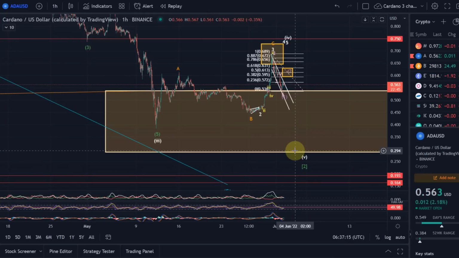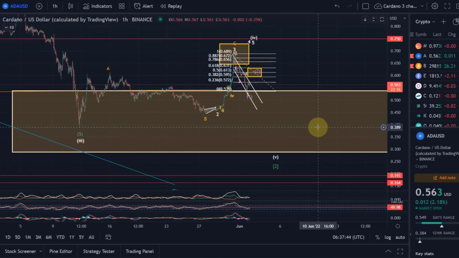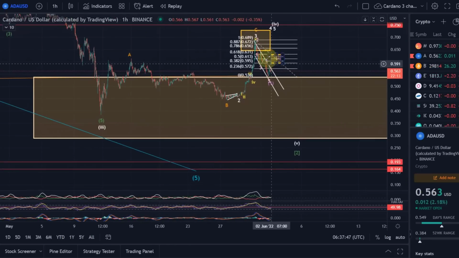And my overall target for ADA, did I say Solana? No, my overall target for ADA would be in the low 30s here. This is how I see it. Maybe all the way down to 22 cents. But as I said before, as we moved up higher now in the wave 4 as originally anticipated, probably the eventual target here for the last leg down will also be a little bit higher. Now, okay, the wave 1 came down quite a lot, so we need to see. We need a bit more data. But this is currently what I'm looking at here. So very interesting at the moment.